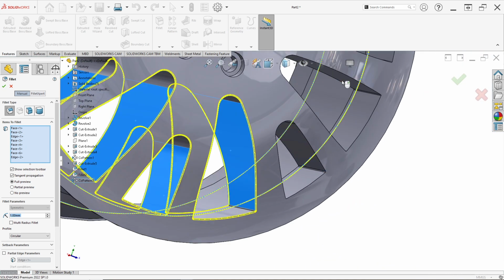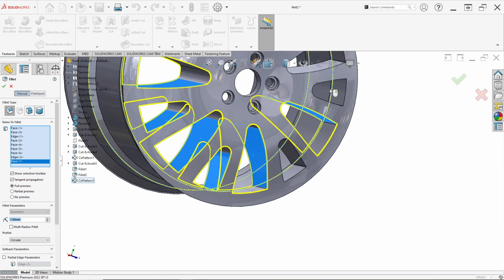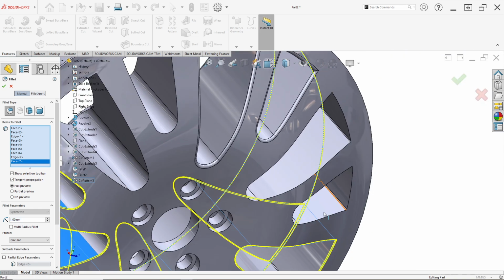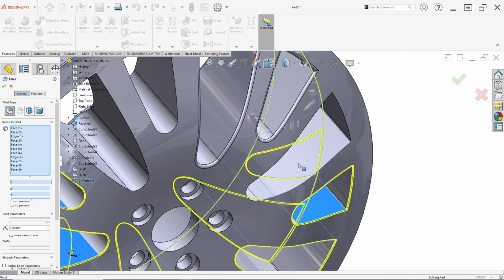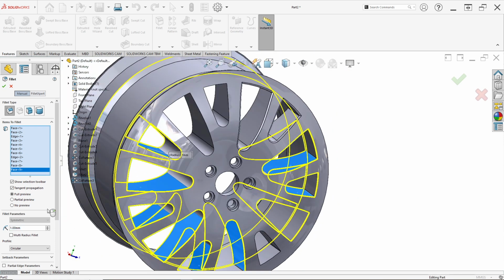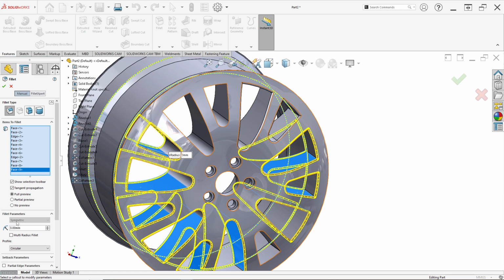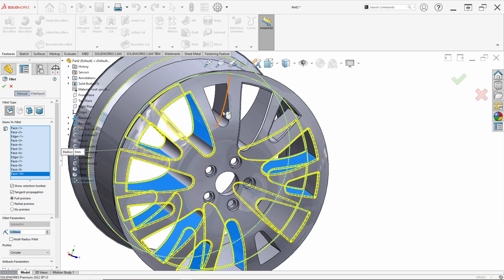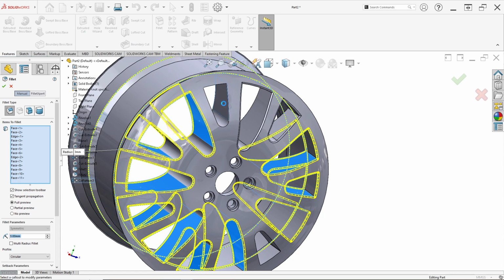This face and this face. Click again this face and this face. In 3 millimeter, just click this face and this face. Just click OK.